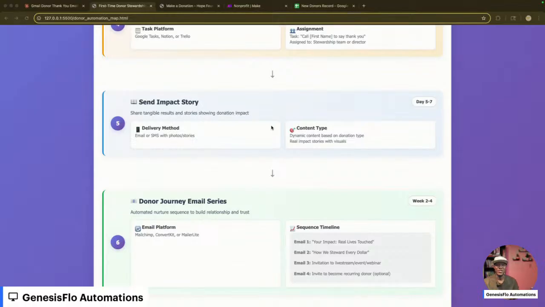By doing this, you can cut down the 80% of people not giving, dropping it to about 40%. So that's huge.